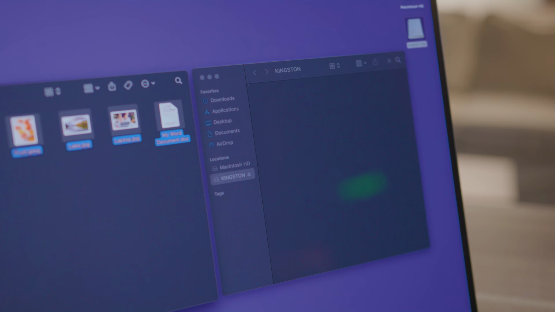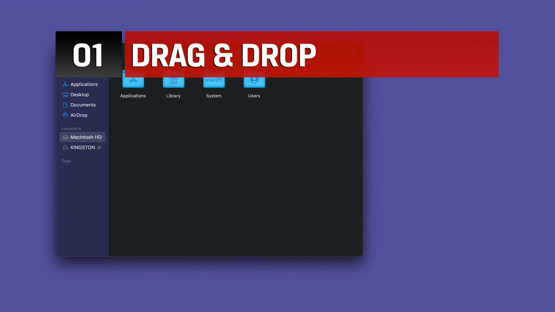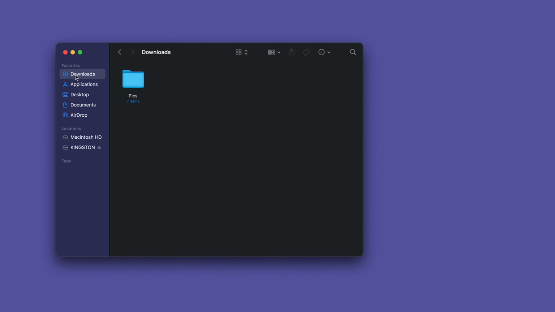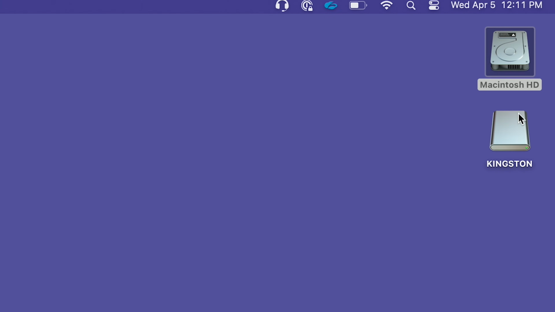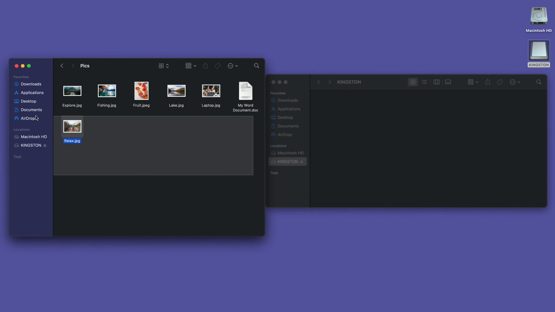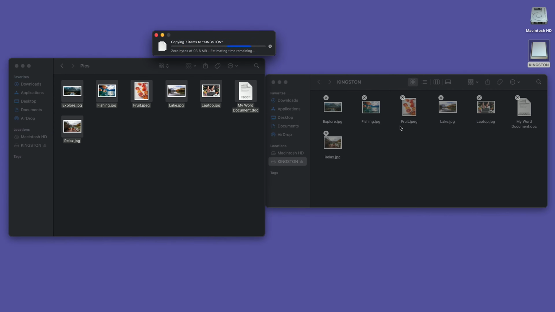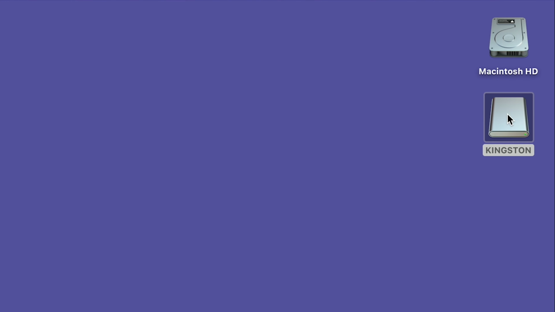There are multiple ways to save files like documents, photos, and music to the USB flash drive. First, drag and drop allows you to select a file or several files and quickly drag them to the USB drive using your mouse. Make sure that you can see both the files that you want to save to the USB drive and the USB drive itself. All you have to do is select, click, and then drag to copy the files over. You can even drag and drop files to the desktop icon for the USB drive.